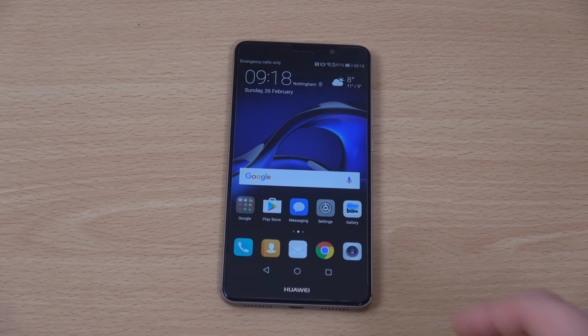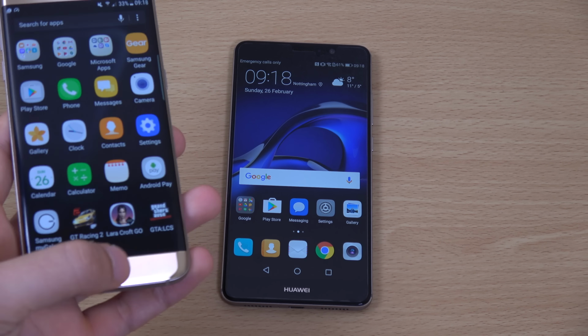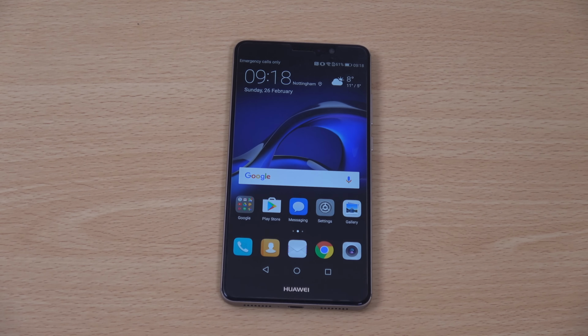I do wish that they would lighten EMUI even more though for future phones. So yeah, just a quick review here of the Huawei Mate 9. I'll probably do some videos comparing the performance against this boy running Android Nougat, so do stay tuned for that,